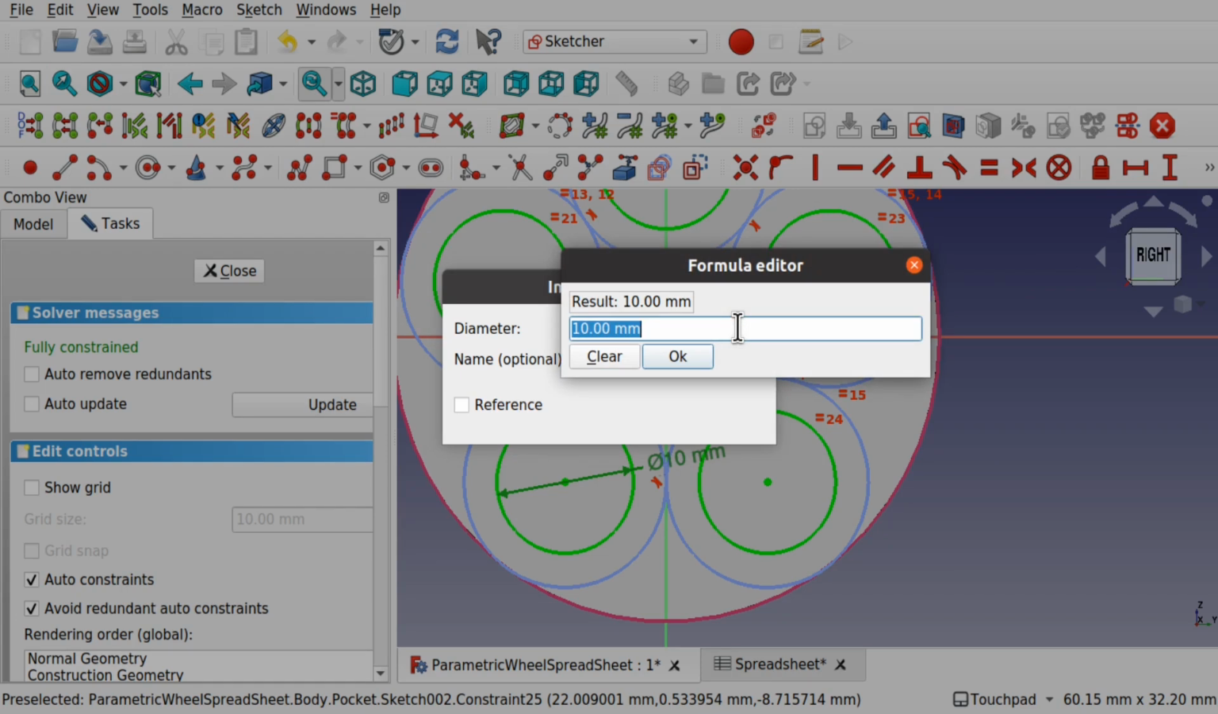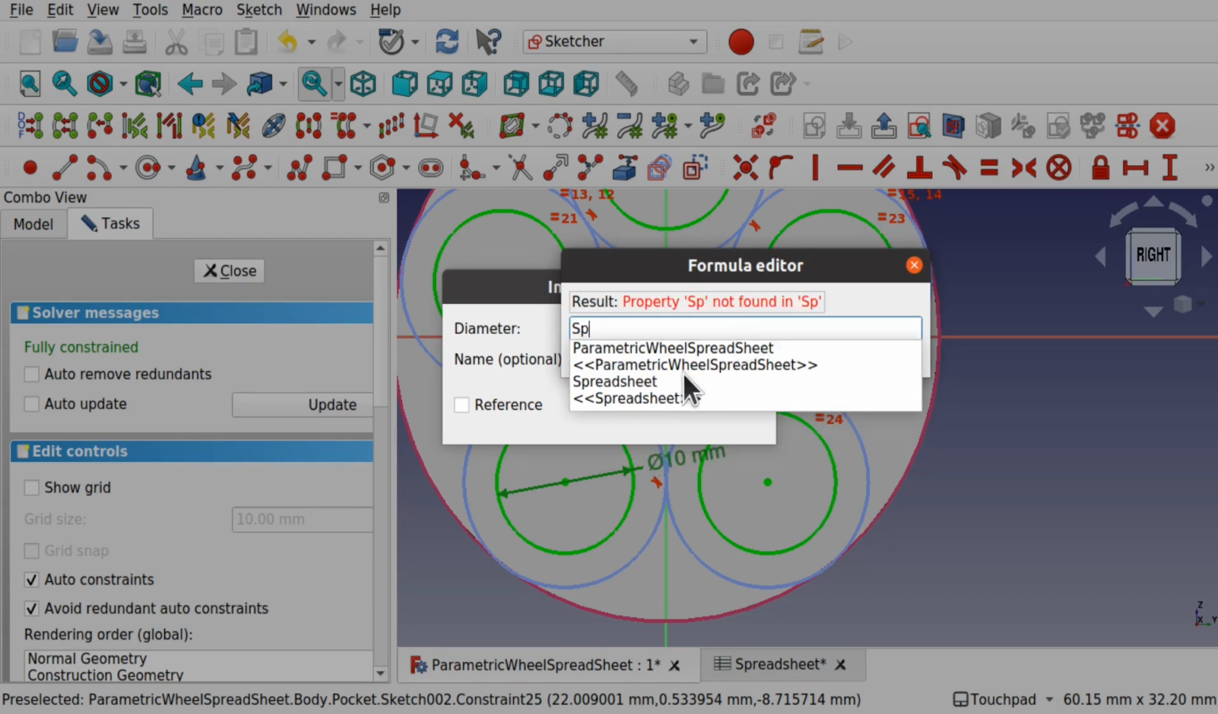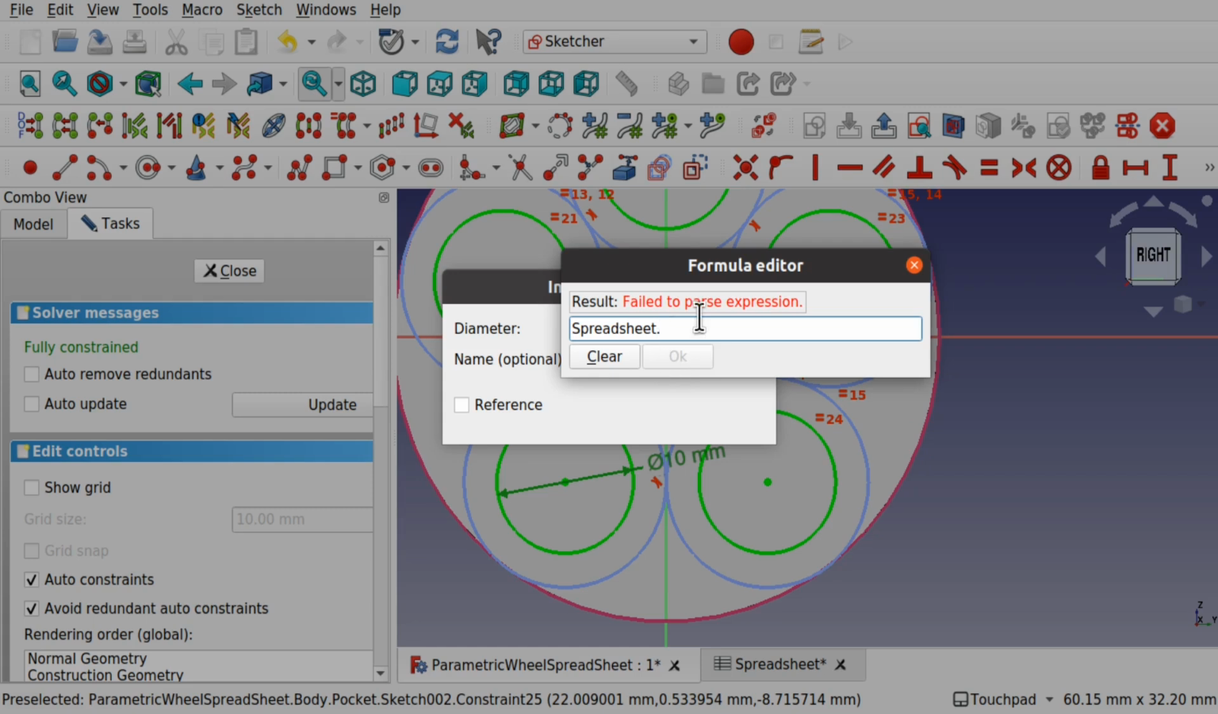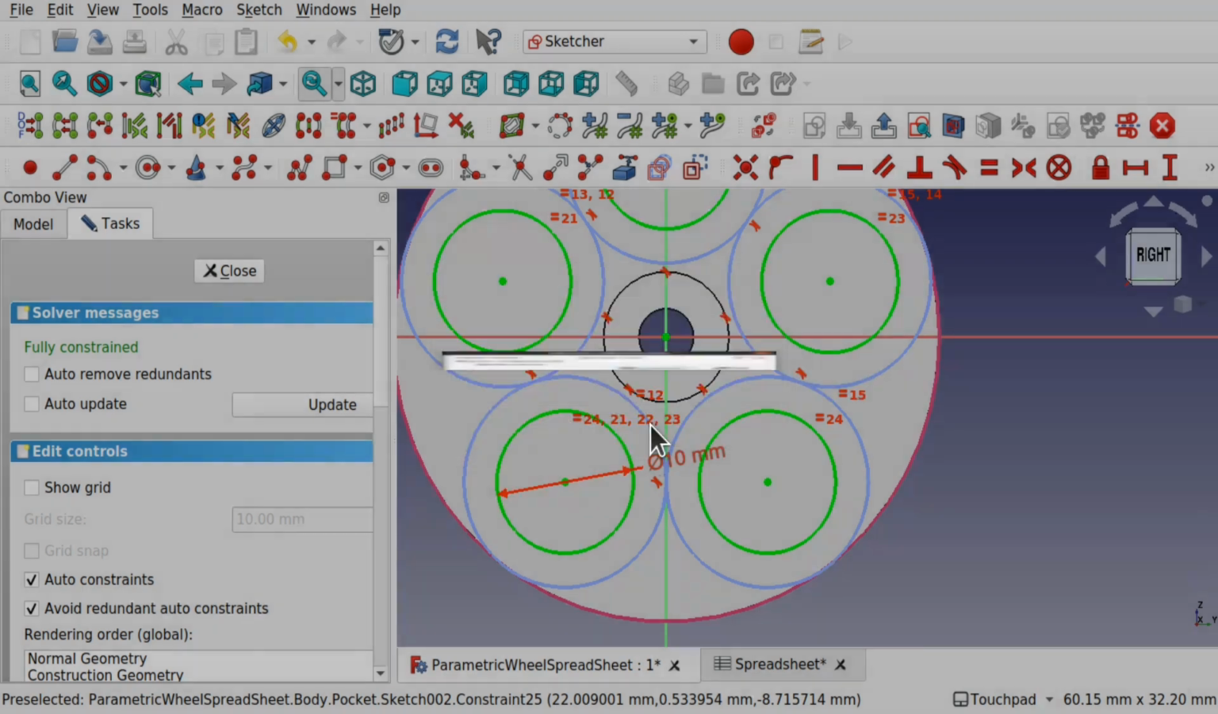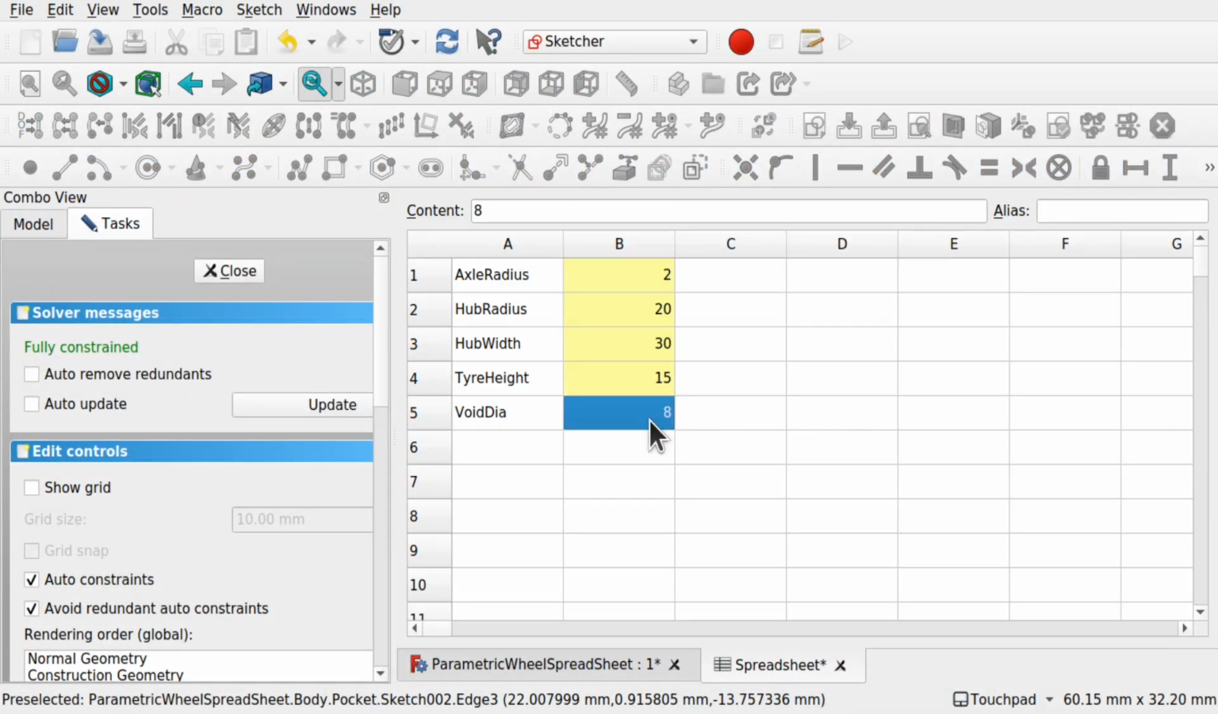and use the formula. We're looking at spreadsheet, dot's already been added, and this is void radius. And we haven't set that up yet. We haven't actually added the alias to that. So let's cancel that and add an alias to this. So the void diameter, and we add this as void dia. Make sure you hit enter,